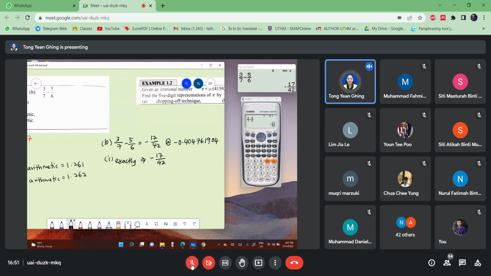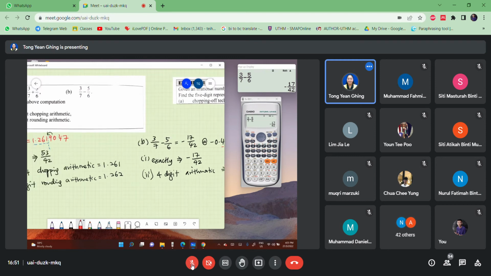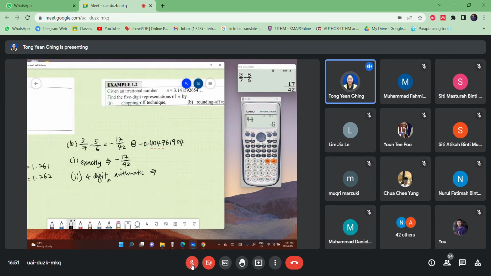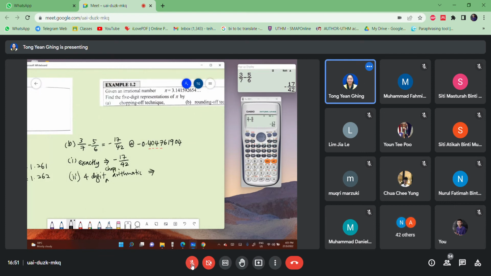Okay, kalau sini, now we go to the 4-digit arithmetic. Okay, this one 4-digit arithmetic. Yang depan tu tak kira. In front we not counting. So 1, 2, 3, 4. Apa dah ini chopping kan? Silap. 4-digit chopping. So become negative